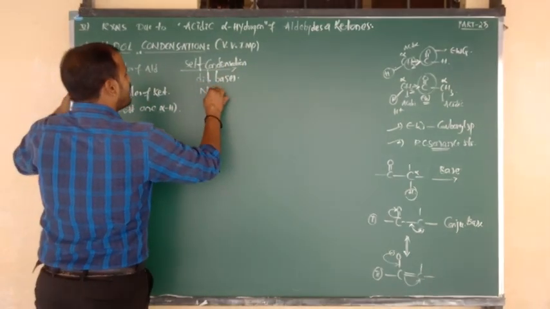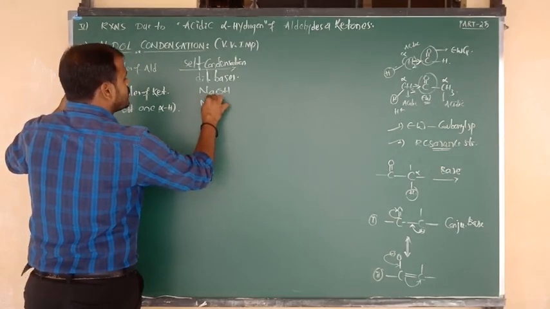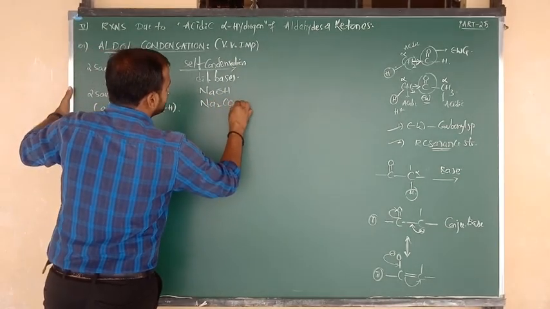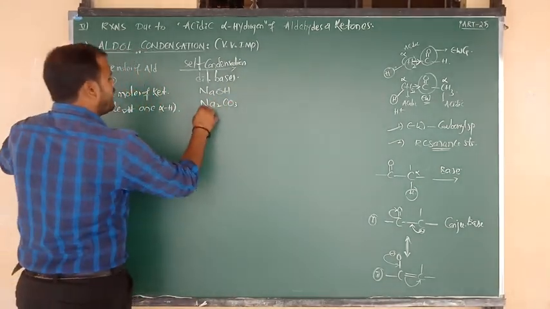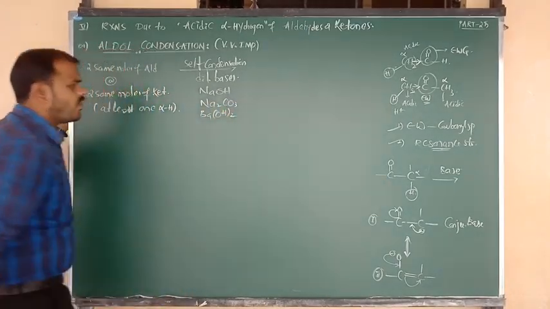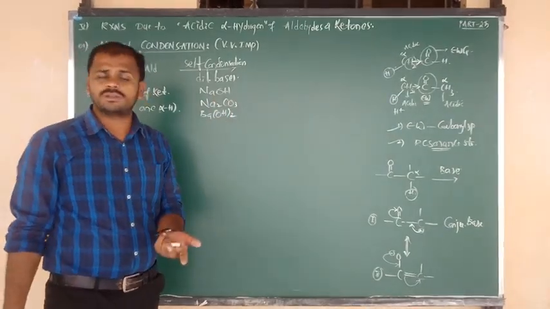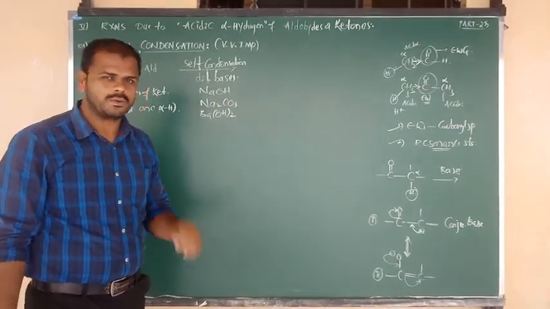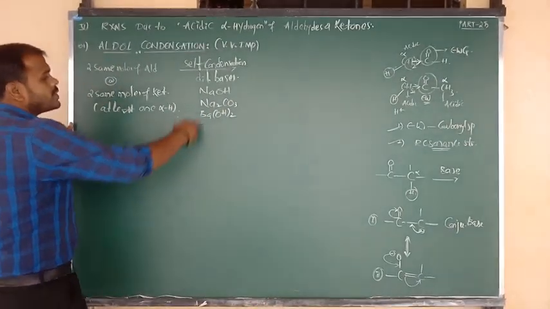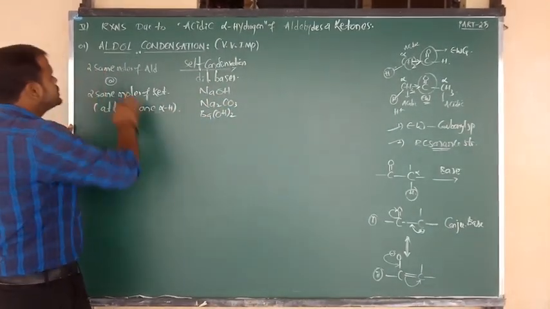You can consider dilute NaOH, or sodium carbonate, or barium hydroxide. In place of sodium hydroxide, if you want, you can consider potassium carbonate. In place of Na2CO3, you can apply K2CO3 also, as you wish. Okay, good. So in the presence of any dilute alkali or base, what I have given here, same moles of